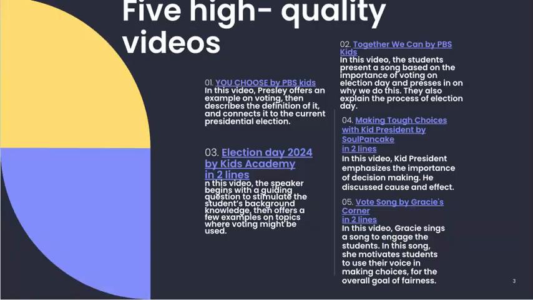But moving on, the 5 high quality videos that I have here essentially all discuss a similar topic, and that is voting or elections. So this is kind of a high level topic for kids to grasp. So having these tools could be a great way for students to